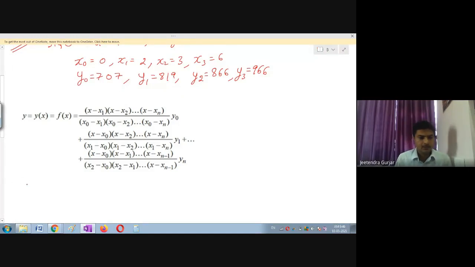This is y is equal to f of x, right? Substitute the values here now. First I will rearrange this because you may get confused about which value I have to substitute here. So n is nothing but we have 3. So the last number is 3. N is equal to 3. So we have y0, y1, y2, and y3. Y3 will be our yn, the last term. Now please substitute one by one.